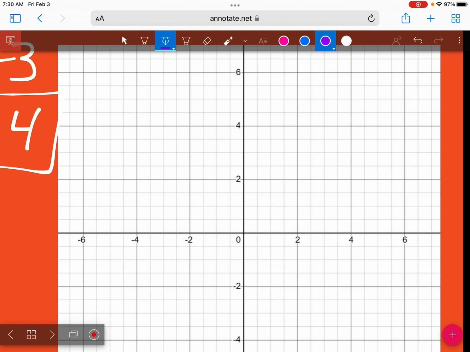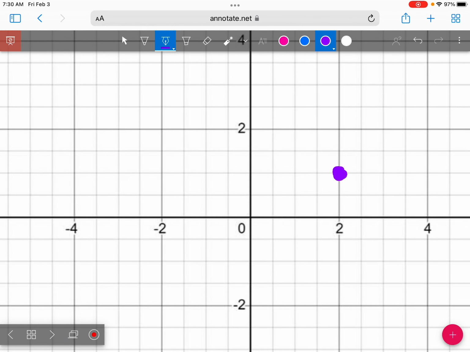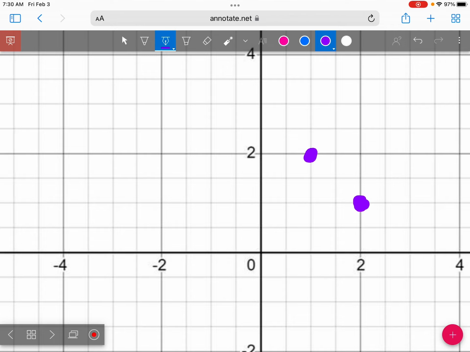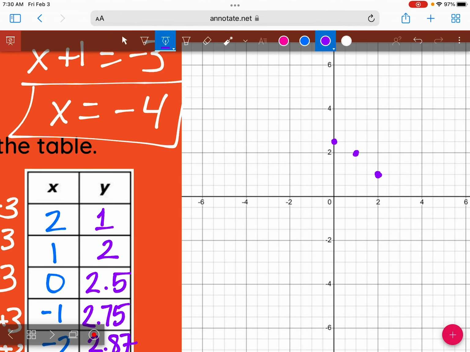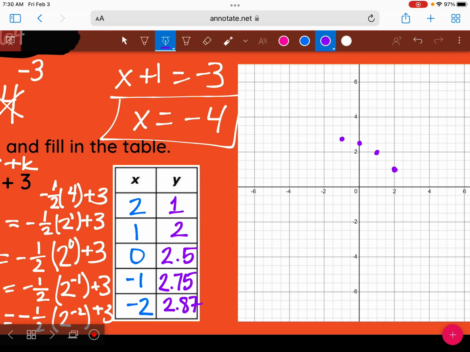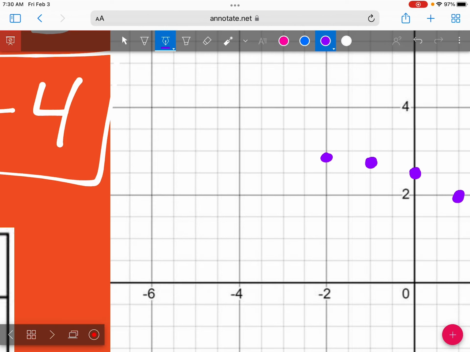So we got 2, 1. And then we've got 1, 2. And then 0, 2.5, which we know is right there. And then negative 1, 2.75, which is right here. And then negative 2, 2.87, which is right there. Okay? So our graph's going to look like